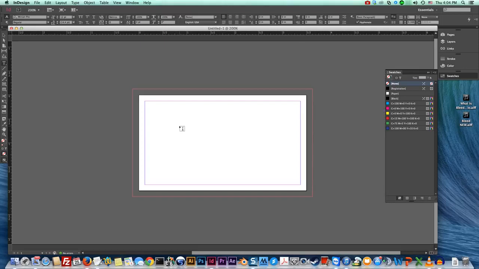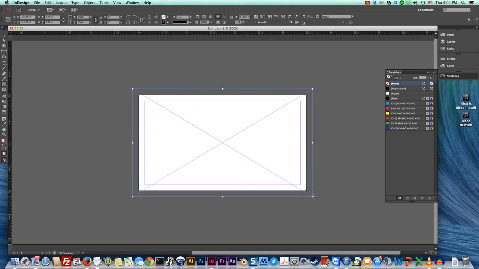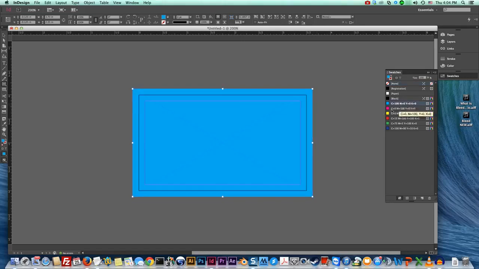And you can hit W again, and you can toggle that on and off. So let's say we're going to make a business card, and we're going to have a light blue background. Now,